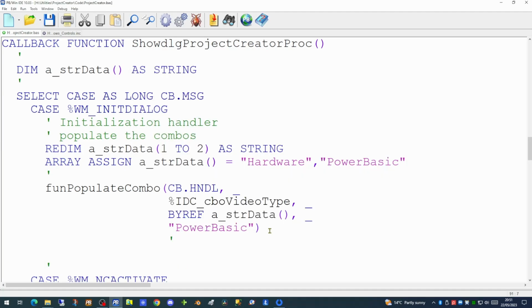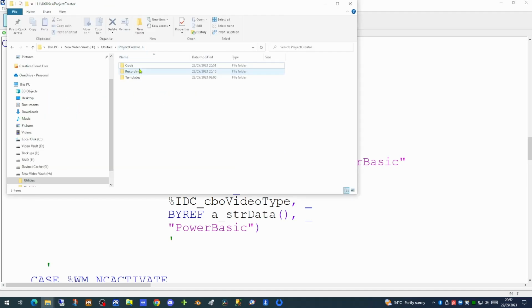So having populated this first combo box, we need now to populate the second. So for that, we need to go up one directory and then down into the templates directory, and then into the PowerBasic folder, and then pull back all the information that's in here. We need a drop down containing the names of each of these files. As the number of files can vary, we'll have to pull them back using the dir command. So let's create a small function whose job it will be to take the values that we're seeing here on screen and put those names into an array,